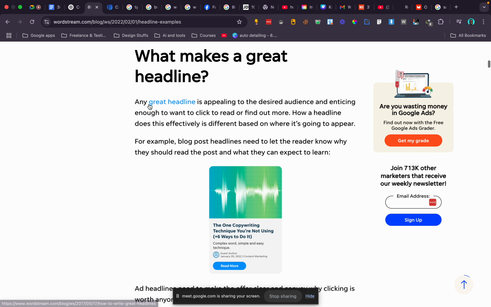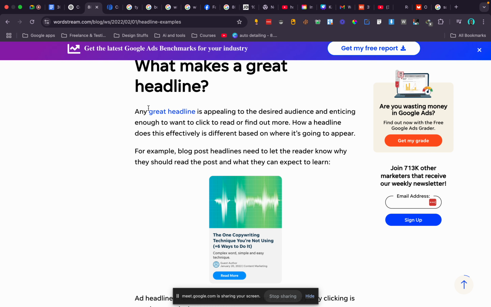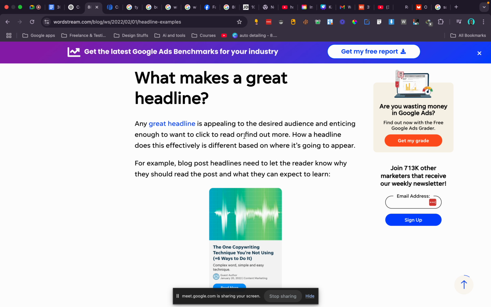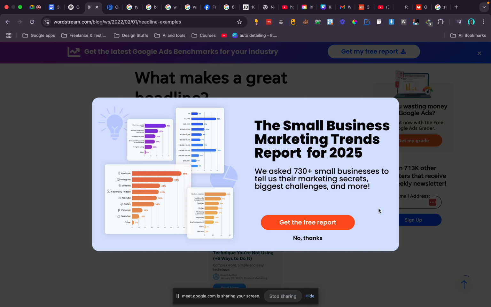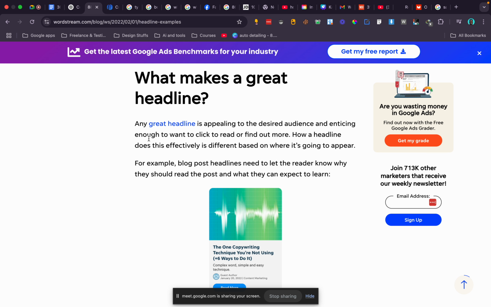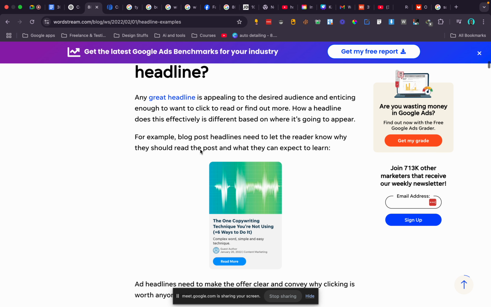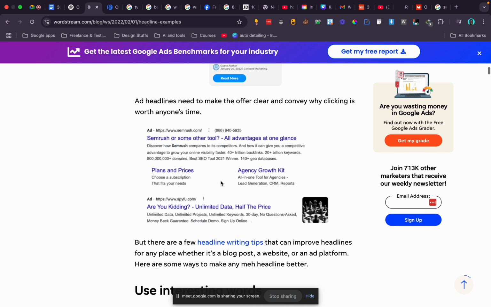So you can see what makes a great headline. Any great headline is appealing to the desired audience and enticing enough to want to click to read or find out more. Do you understand? If you have the right headline for your audience, they will definitely want to know or learn more about it. So how a headline does this effectively is different based on where it's going to appear.